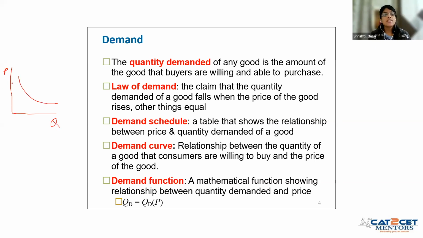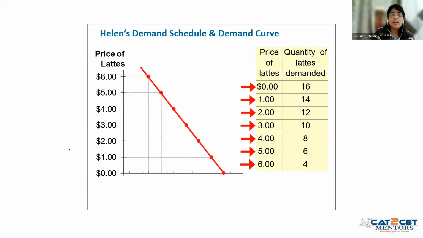As price rises, quantity demanded falls. As price falls, quantity demanded rises. It is a negative slope, inversely proportional. Lakshman, it's not directly proportional, it's inversely proportional. The demand schedule shows the relationship between different prices and quantity demanded, what quantity was demanded at different prices, which we'll see in the next slide. And the demand curve that we have seen here, we'll see that in detail as well. So this is the demand schedule and the demand curve.